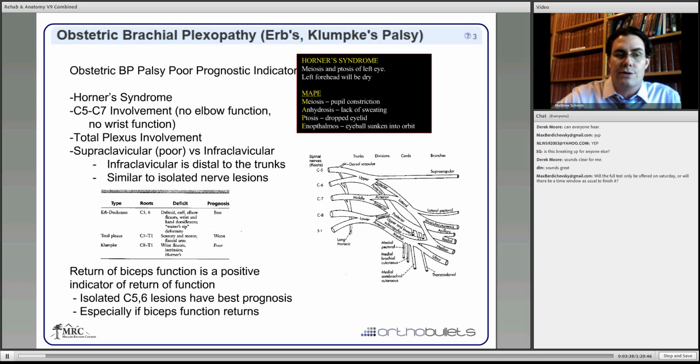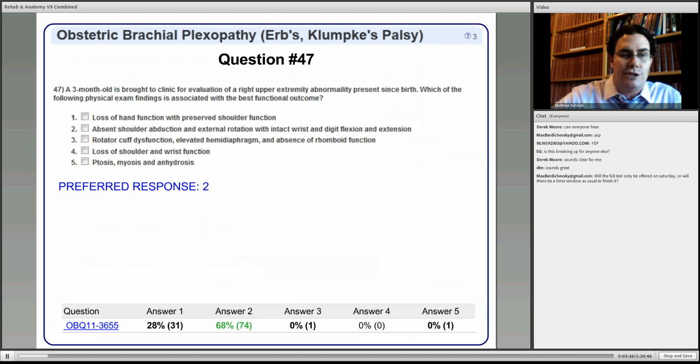Remember also, return of biceps function is key. So it's a very good positive indicator of global return of function. So the best lesion to have is an isolated C5, C6 lesion that has the best prognosis, especially if they have early biceps return. So if we look at this question, what they're asking is what is going to be